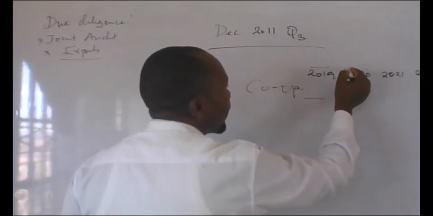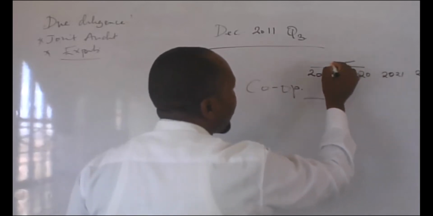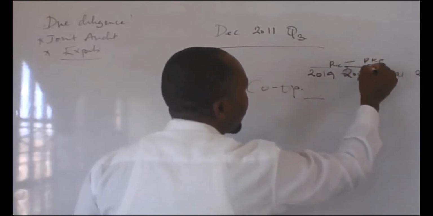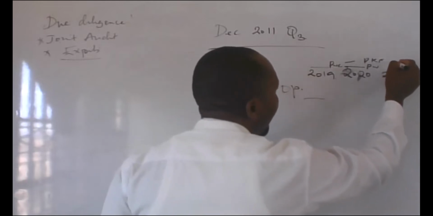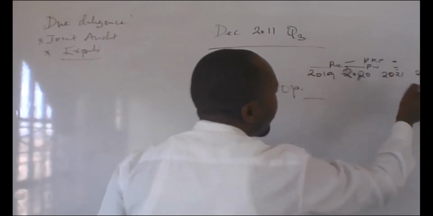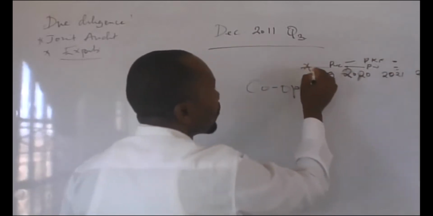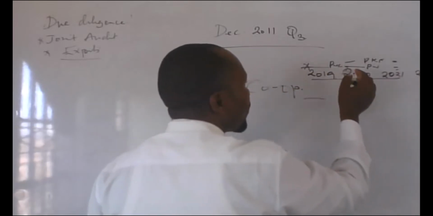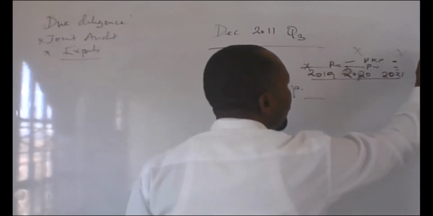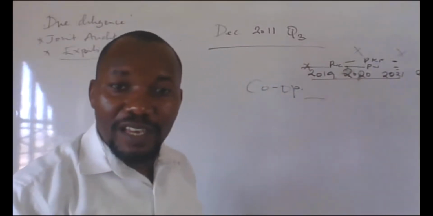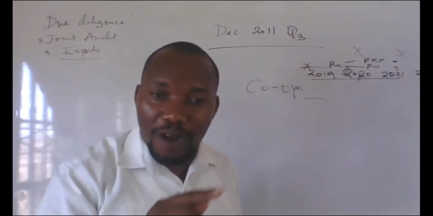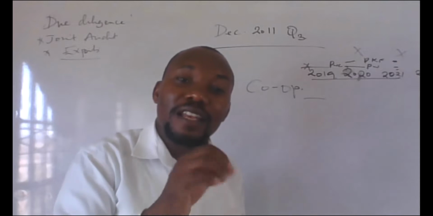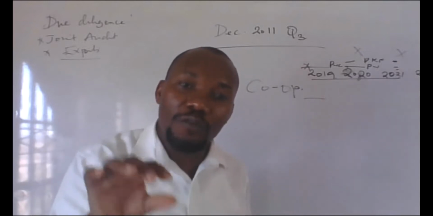When they are coming to 2020, PKF is also here. This one is PwC. Here, PKF has joined them. Here, they are still together, the two firms. But now, because PwC has exhausted its 3 years, PKF will still continue. Because they have only done 2 years, they can still continue. So in joint audit, especially where there is a rotation of firms, there will be less disruption, especially where one firm has been left out because of that issue of rotation.